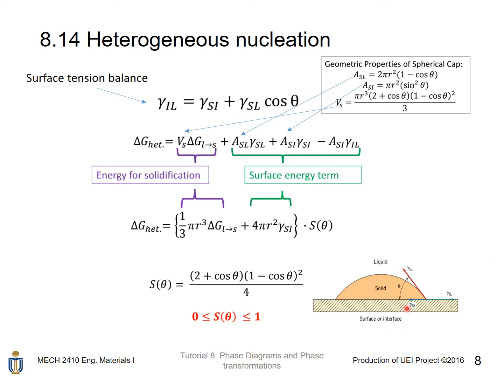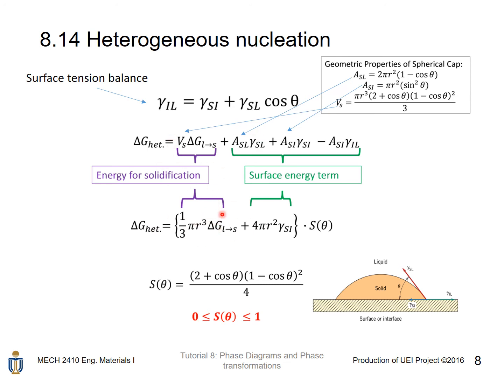The interface, the surface, is the third phase in this system, and by using a surface tension balance and by putting the respective equations and respective derivations, we got the heterogeneous nucleation